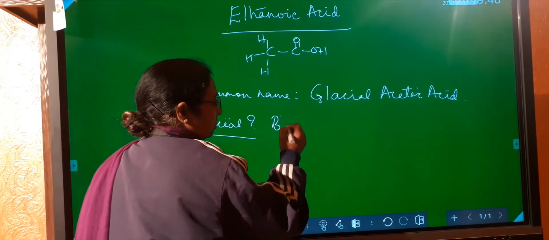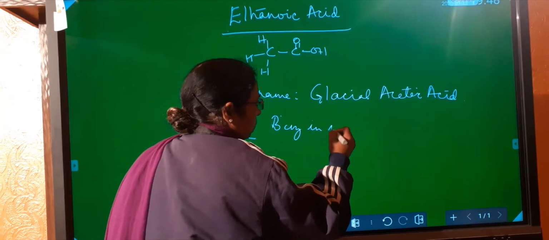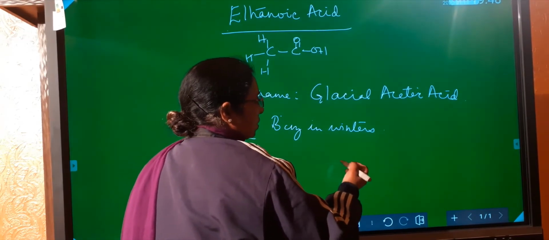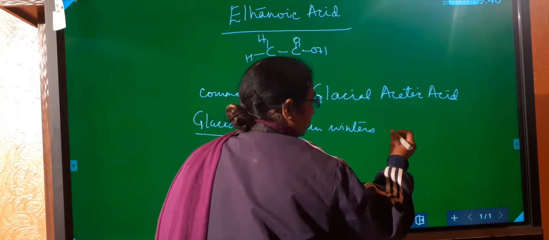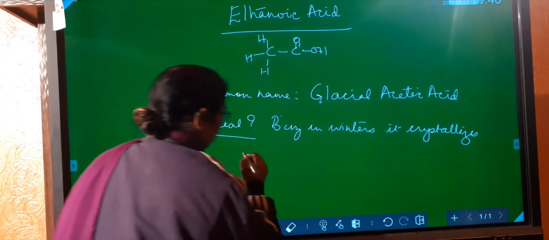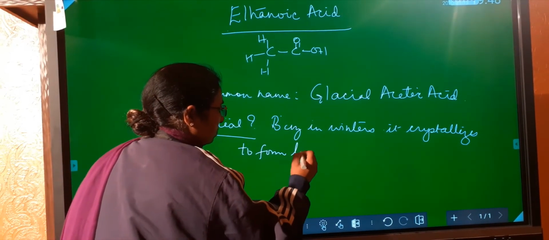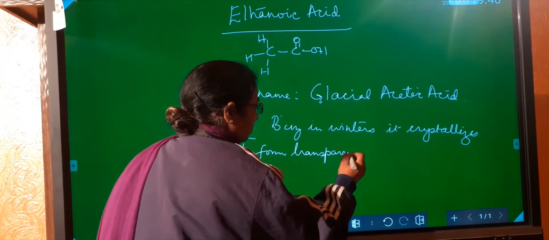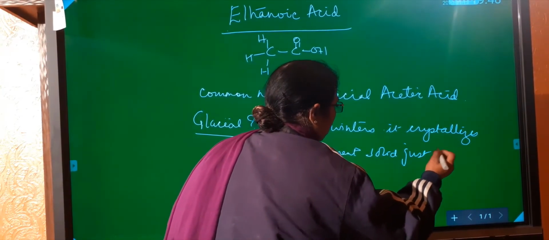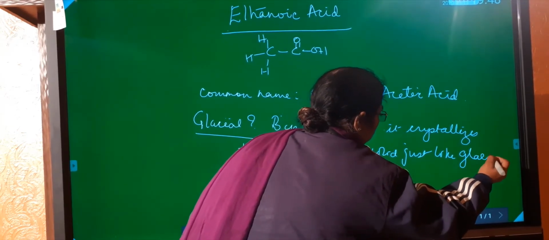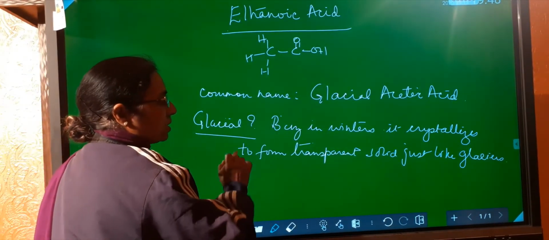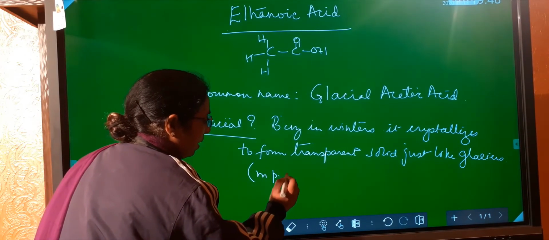Because in winters it crystallizes to form transparent solid just like glaciers, जिसकी लुक ग्लेशियर्स की तरह है, तो we call it as glacial acetic acid। इसका मेल्टिंग पॉइंट होता है 17